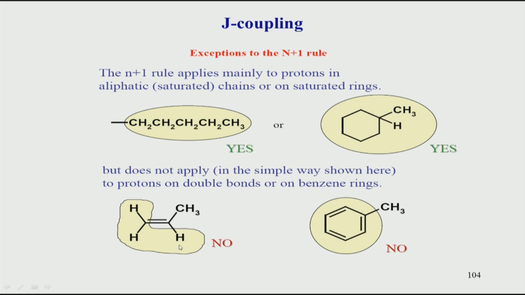That means you may expect this hydrogen as a triplet, but that is not correct, because the coupling of this hydrogen to this hydrogen is not the same as the coupling of this hydrogen to that hydrogen. So, this hydrogen will show a doublet because of this and another doublet because of that. So, a doublet of a doublet will come for this particular hydrogen and not a triplet, that is 1:2:1, which you expected if you use the n+1 rule. These are examples of how the n+1 rule sometimes applies and sometimes does not.